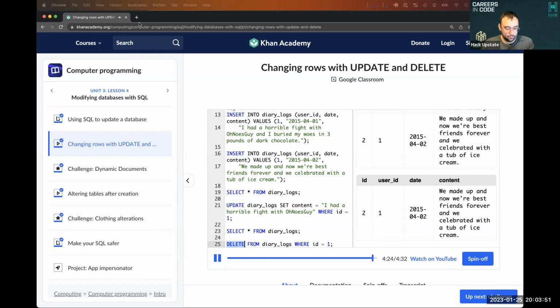And now hopefully you can better imagine which commands are happening behind the scenes when you use your favorite apps every day. I cannot stress enough how important that WHERE is, because believe it or not, this is completely valid SQL to just do the first part of this update. So if you say update diary log, set content to that, and forget the WHERE, it goes, sure, no problem. Finds every single row in your database and sets the content equal to that, whatever you